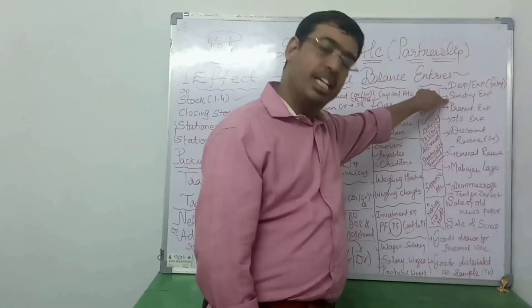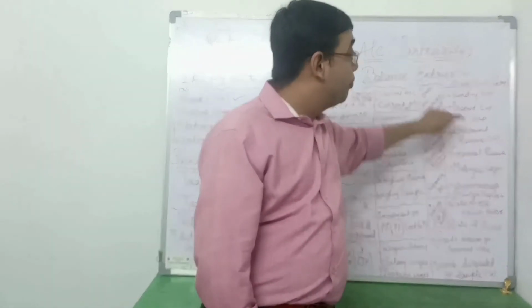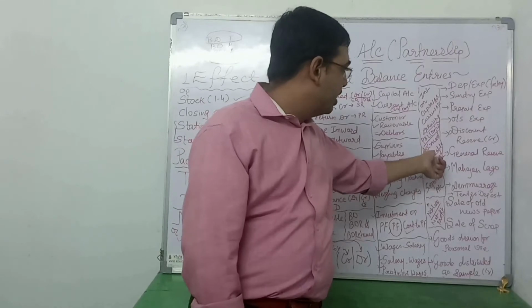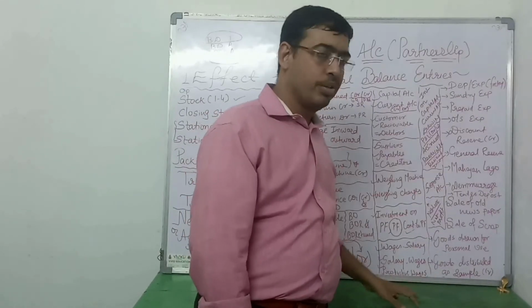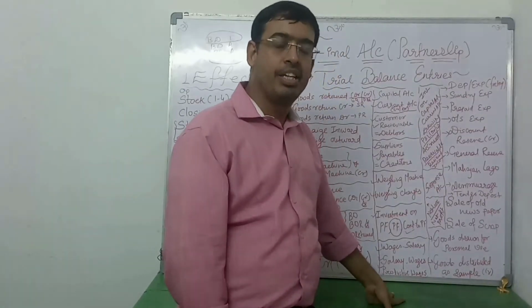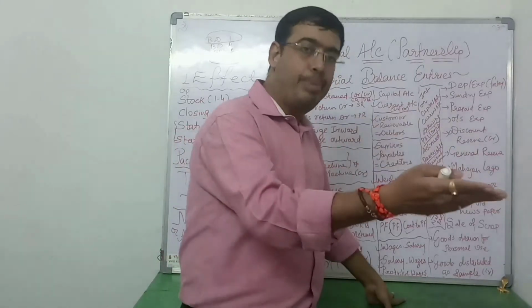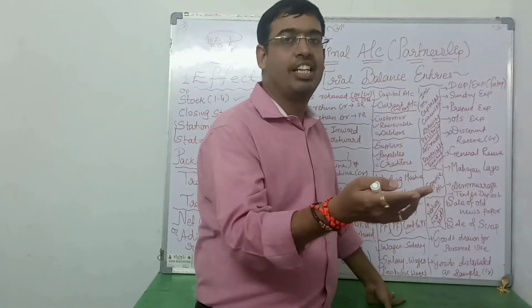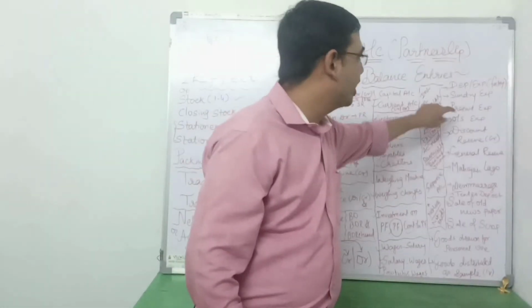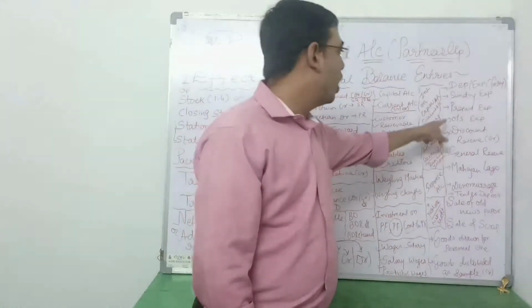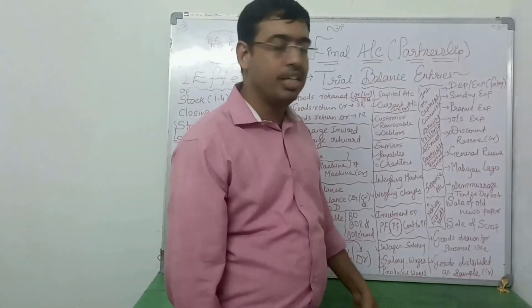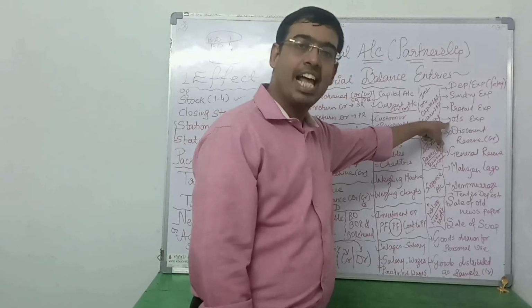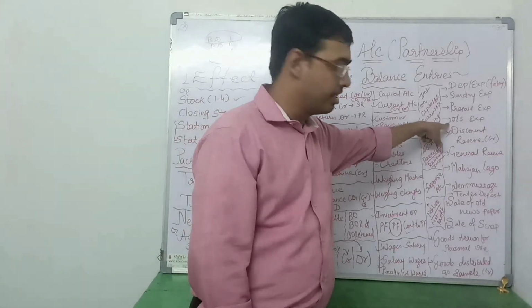Moving to next. Depreciation on factory or any expense related to factory is written on trading account debit side. Sundry expense, P&L account debit side. Now prepaid expense, like we have seen receivable or accrued. This is prepaid, so we have paid in advance. That's why it is our asset. So prepaid expense is our asset. Outstanding expense is our liability, so we will write it in liability side of balance sheet.